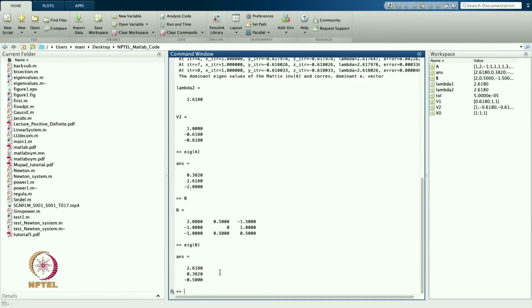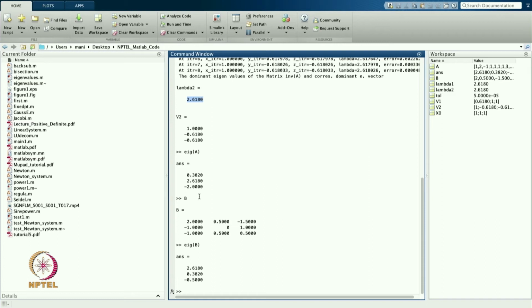So, you can see from here that the eigenvalue of B is the same, the largest is the same. It is 2.61, it is 2.61, 0.3820, and the last eigenvalues differ: in this case it is 2, and in this case it is 0.5, 1 by 2. So, in this case it is giving me the exact value, the maximum eigenvalue, 2.6 in A also and 2.6 in B also. So, it is giving me a good result.